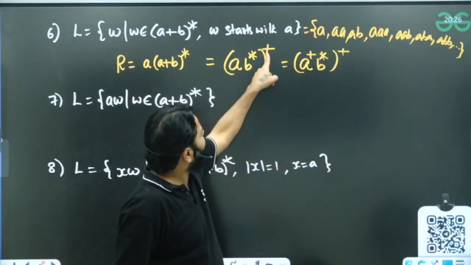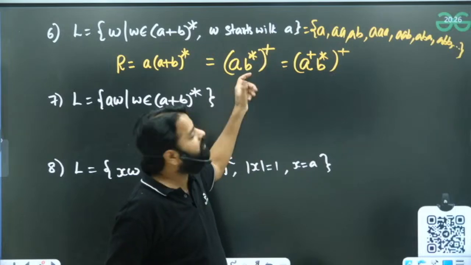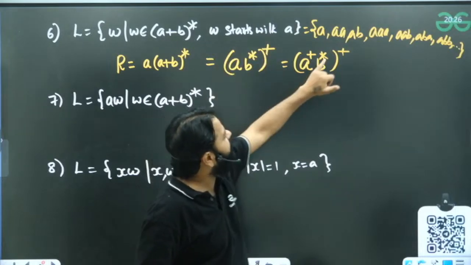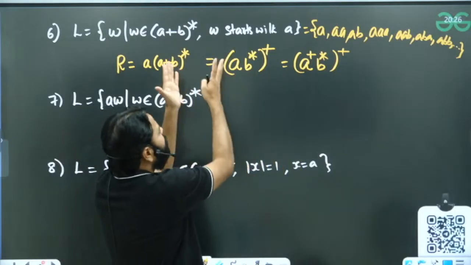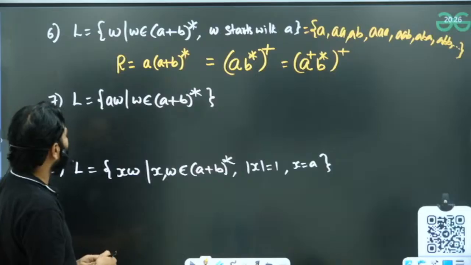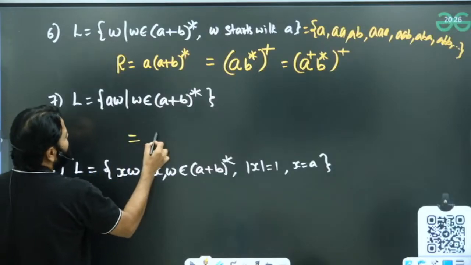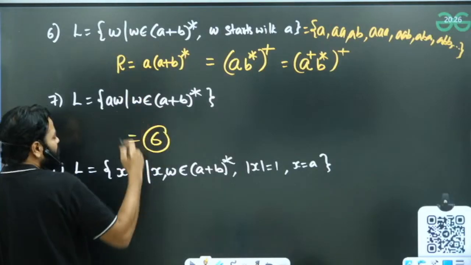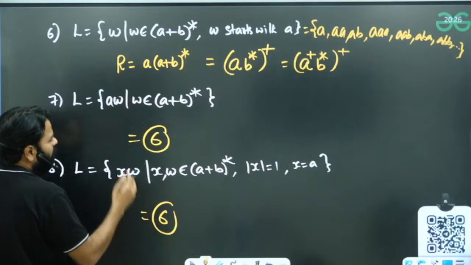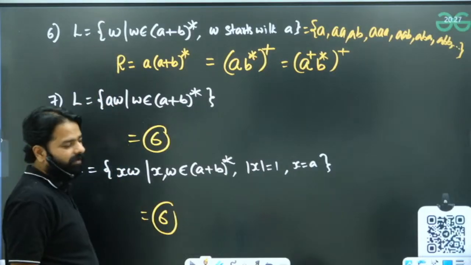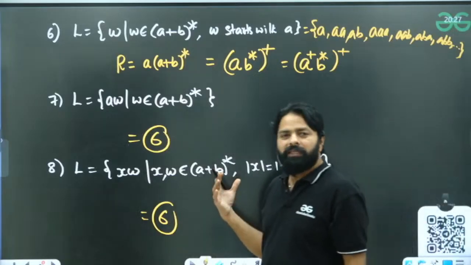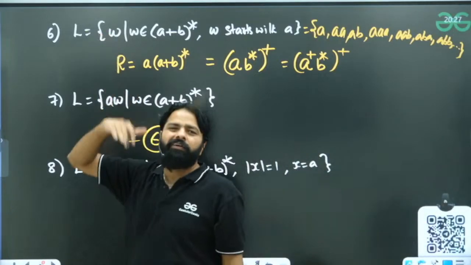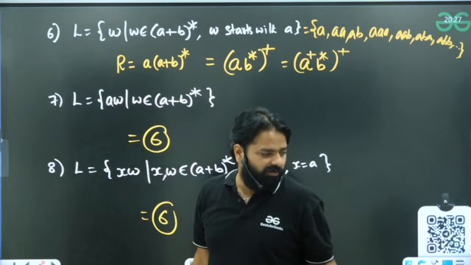But here, if you take a power 1, you can't get a double A. So you need to come twice to generate double A. So that's the advantage, but it will also give the same set of strings. And this is same as 6 only, just I have written a different problem. Okay, all these 3 are exactly same. The way I represented, to help you understand the language names also, there are infinite ways to represent the same language. Okay,